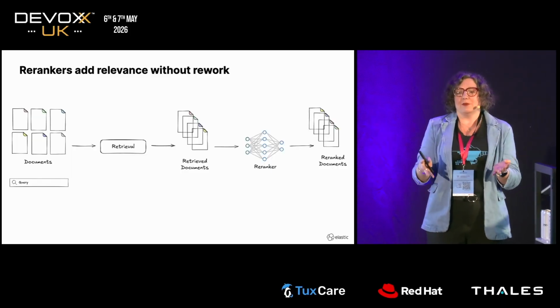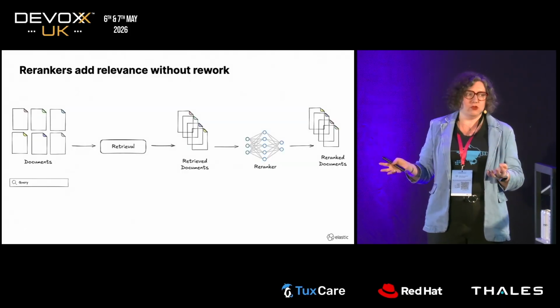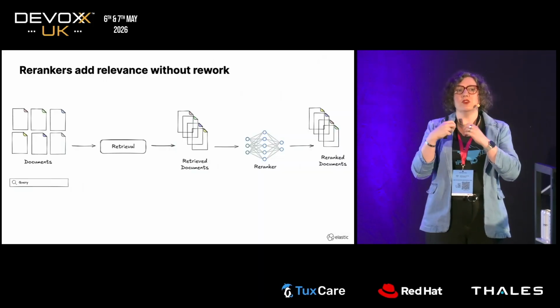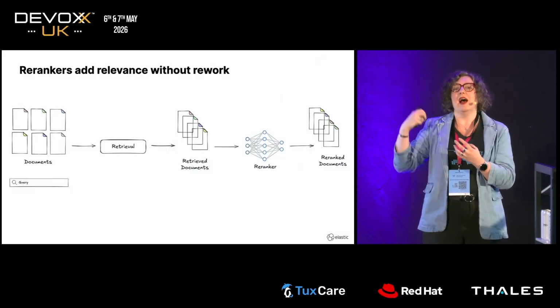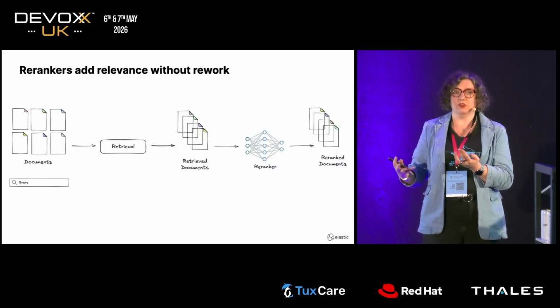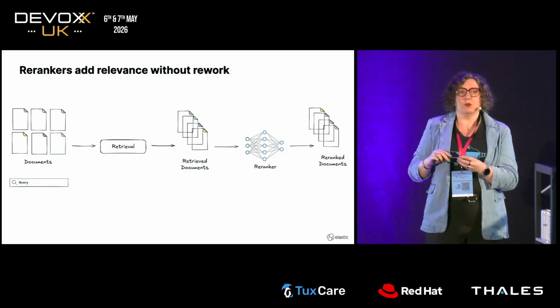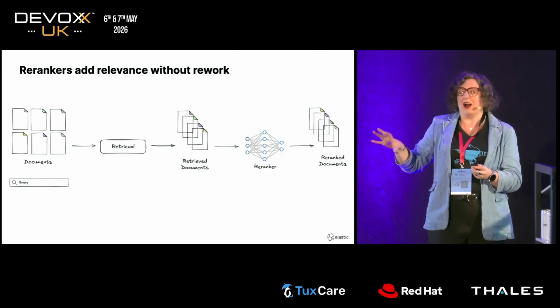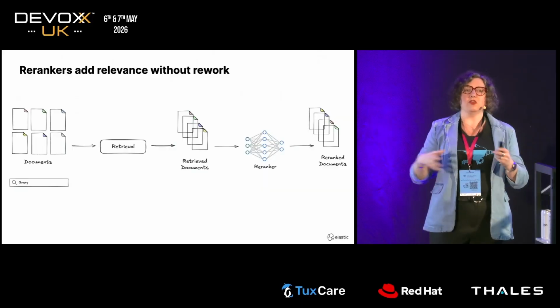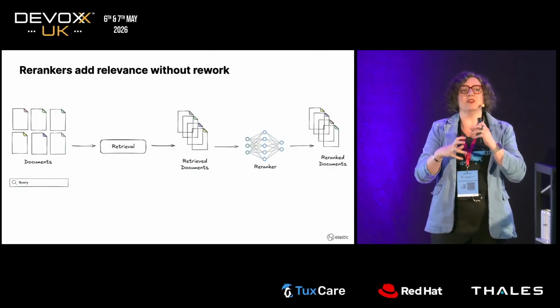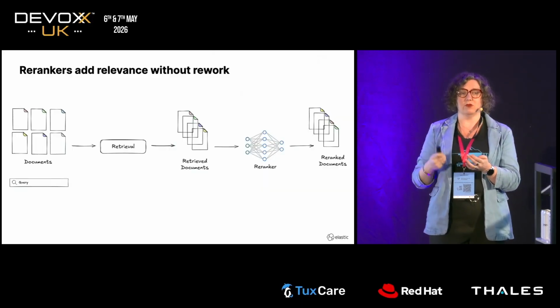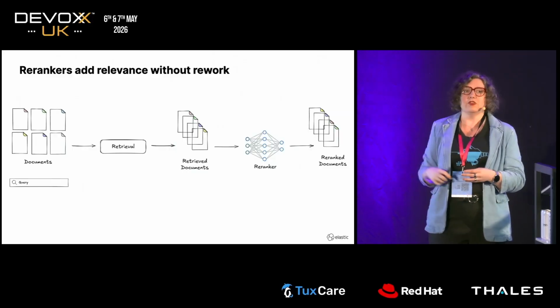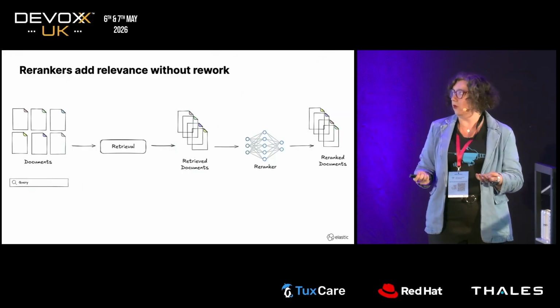But sometimes we have a fixed pipeline and we don't want to rip it apart. We want to maybe add additional nuance or recalculate the scores. And that's what re-ranker models are for. Basically, it's a machine learning model that's been trained on tons of data, and it's able to score a set of retrieved documents in order to re-rank them and provide a particular order.